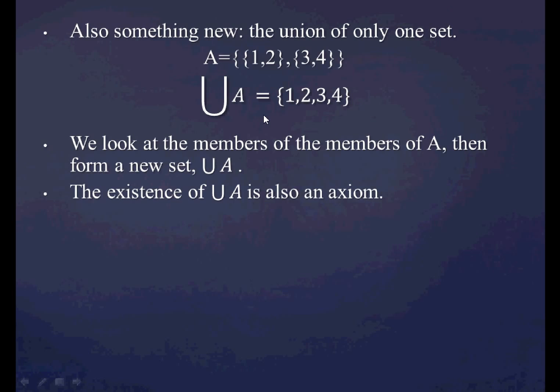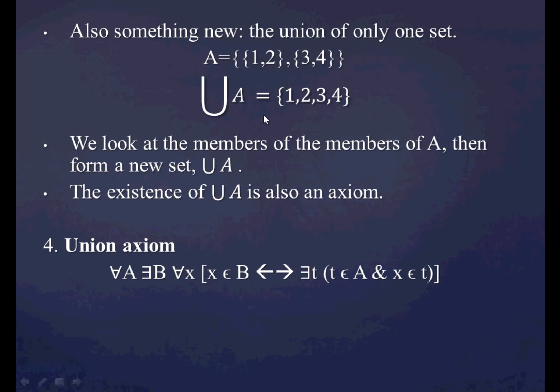So this union of A, this new set, we're also going to take the existence as axiomatic. And here's our fourth axiom, called the union axiom. So just to read this out, for all sets A, there exists some other set B, which is going to end up being the union of A, such that for all the objects X, if X is in that new